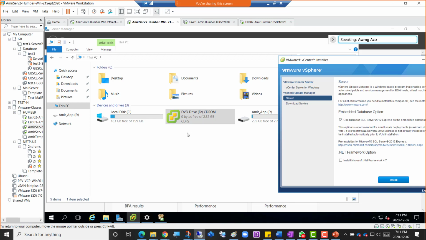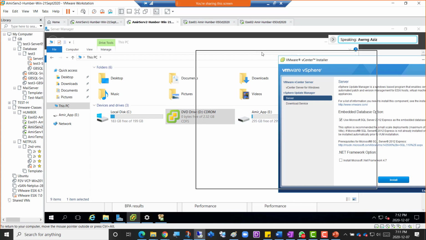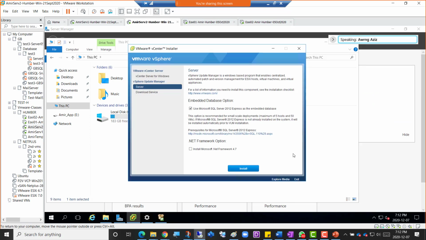You should see the green and orange logo. Click that until you reach this page. It says verified publisher. Then you need to select the vSphere Update Manager server again, only select SQL now, and click install. Okay, thank you.